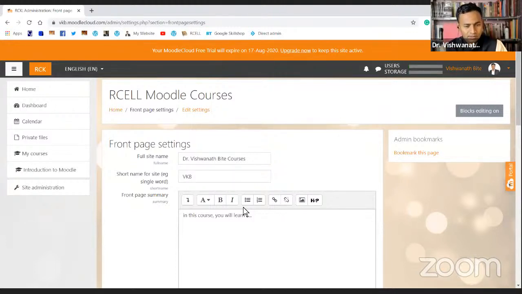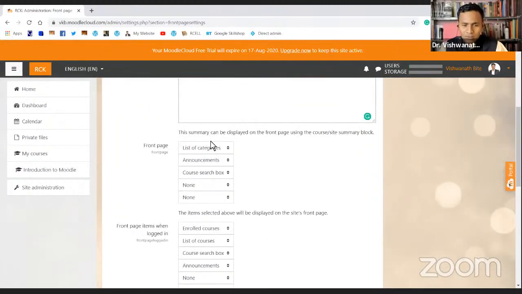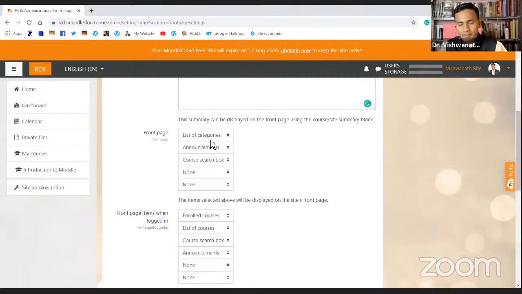If that student is from science faculty, he can easily just click on science, and then he can go to his own class, and he can take the courses. So on the front page, I might like to just choose category in the first place. You can also have the choice of list of courses and all that, but instead of giving just 200 courses, all the courses on the first page, it is always better to just give them categories.